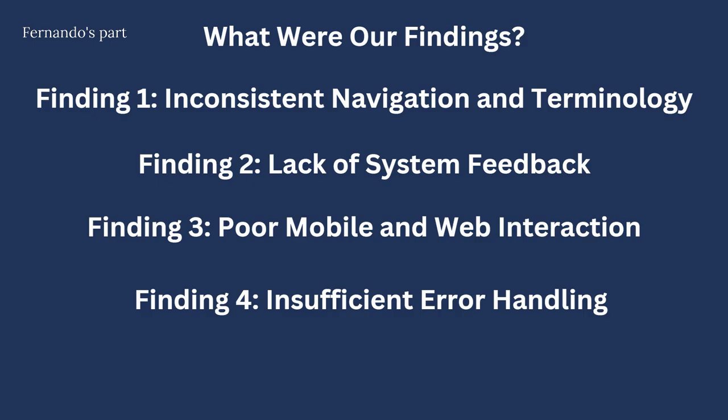Finding 3, poor mobile and web interaction. Basically, in particular, reaching essential sections such as academic record demands 4 separate screens or menu clicks, and this is even more tedious on mobile where screen real estate is limited and navigation becomes even worse. During user testing, all 3 mobile users expressed frustration at the number of actions needed to perform what should be a simple task. Our solution is to improve